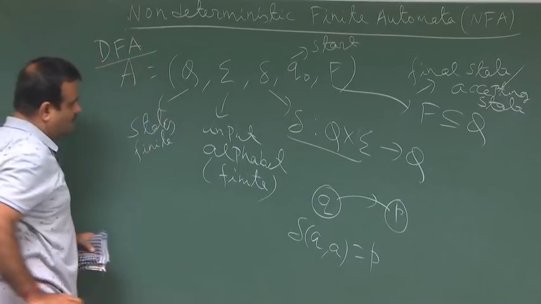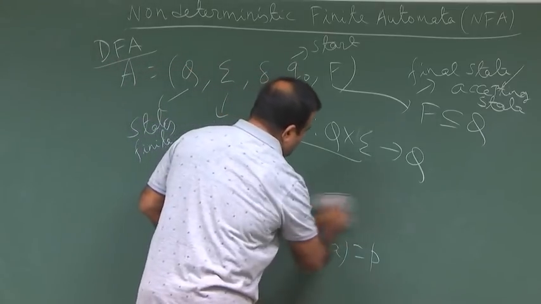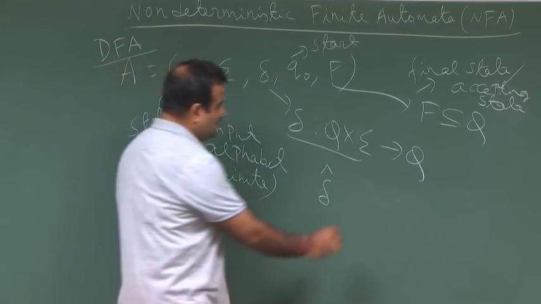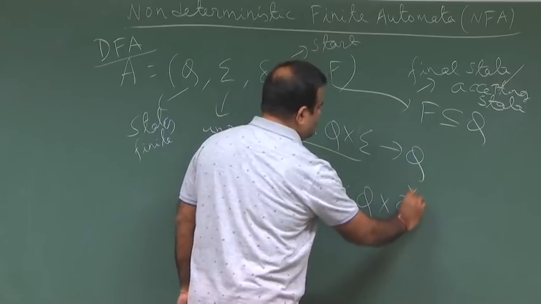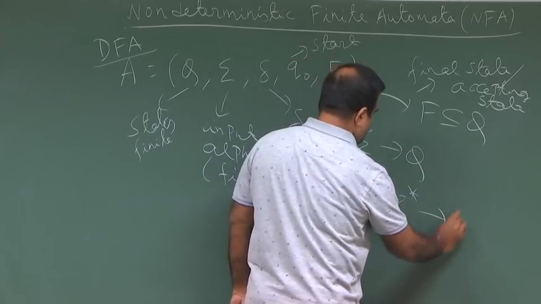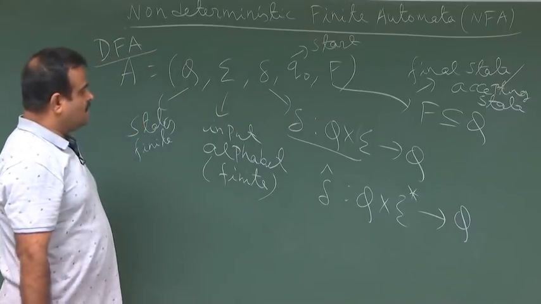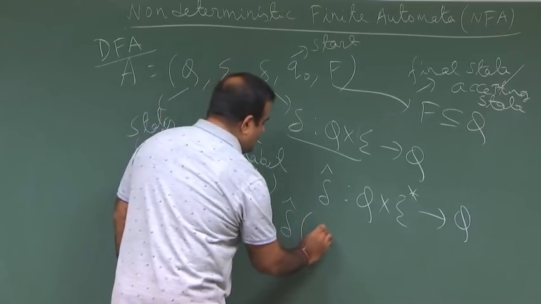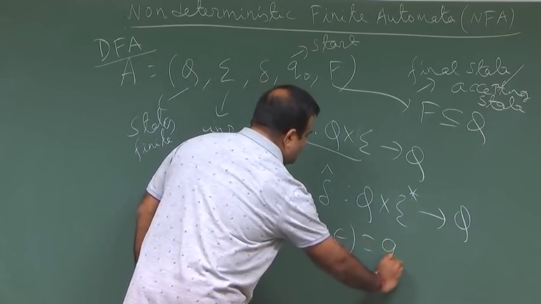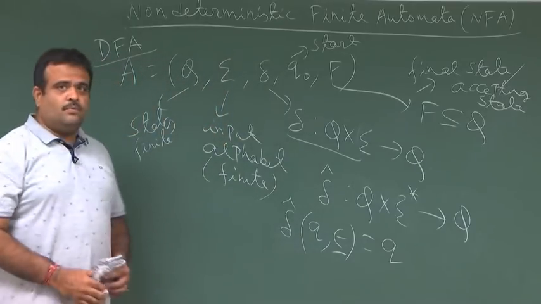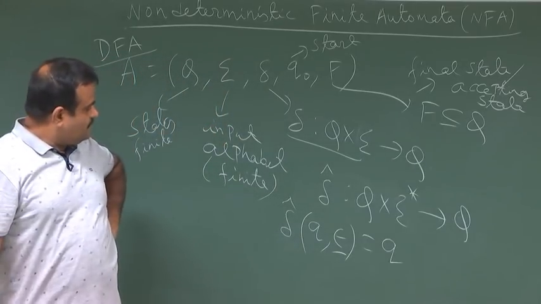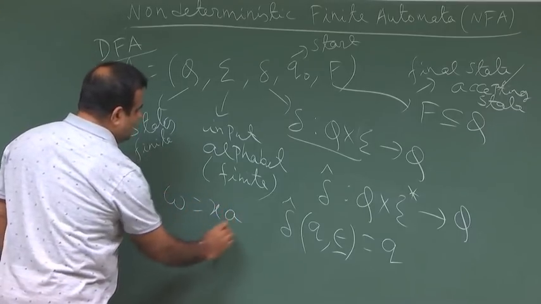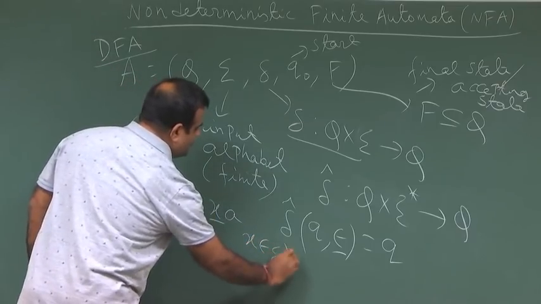Also in the DFA, we define the extended delta hat, which is taking a string, Q cross sigma star to Q. So, how are we defining delta hat? It is a recursive way. The base case is delta hat of q comma epsilon is q. Epsilon is the empty input or no input, and if you take w to be xa, where x is a string, then